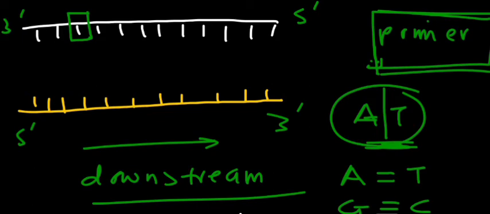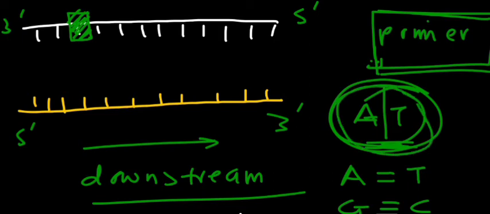That's the reason that the origin of replication is found where there is high density of A and T bases. When there's high density of A and T bases, that's where the origin of replication is mostly found, because it's going to be easier for DNA polymerase 3 to break these two bonds than breaking three bonds. So after the primer finds the origin of replication, where there's high density of A and T bases, then an enzyme called DNA polymerase 3